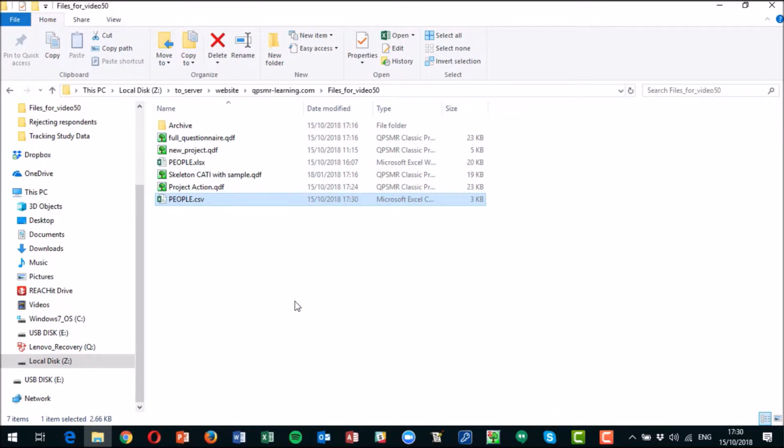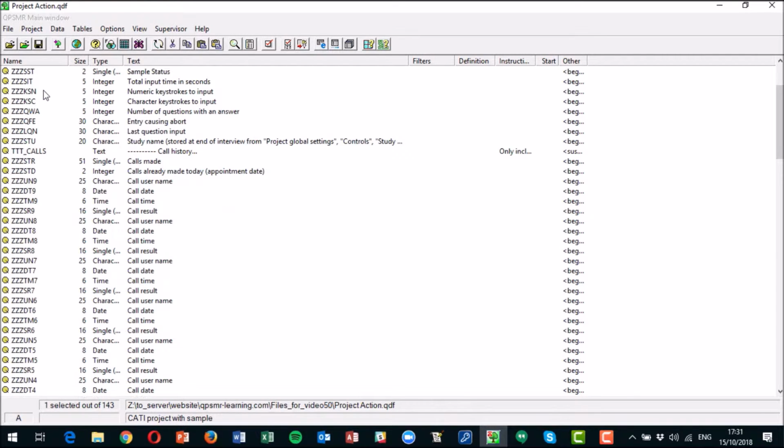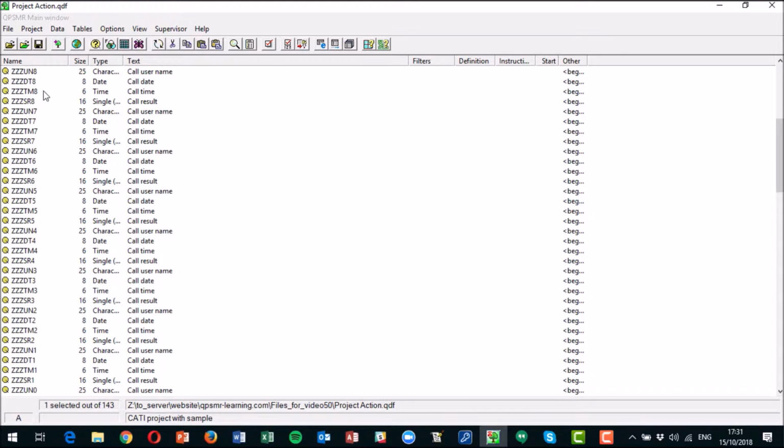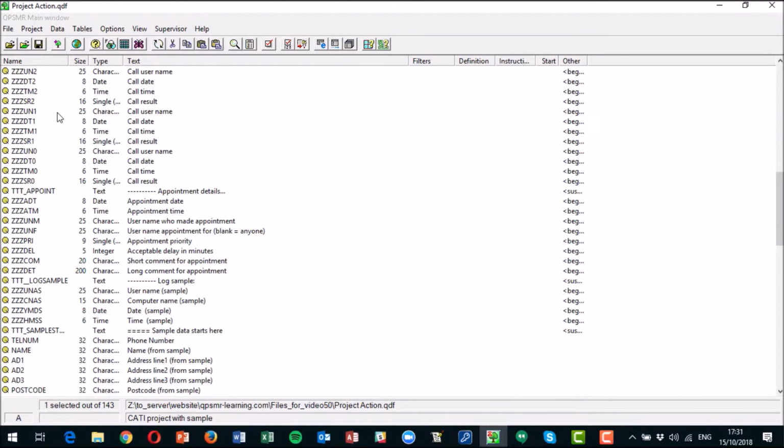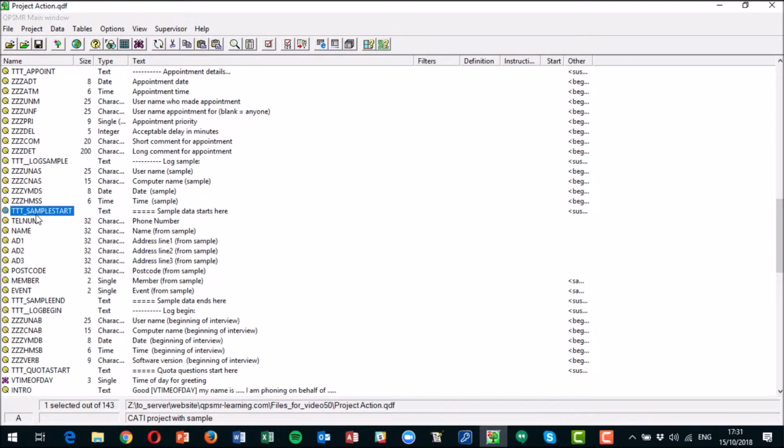All right, now let's return to our project, and if we do that, we can open up QPS here, and the project we have here is called projectaction.qdf. Just to recap what was covered in the introductory video to handling QPSMR projects, what we've actually done here is taken the skeleton file that's available as a tool to get your basic questionnaire together. In here you'll see, after the TTT sample start and before the TTT sample end,